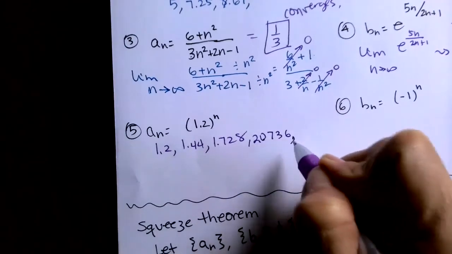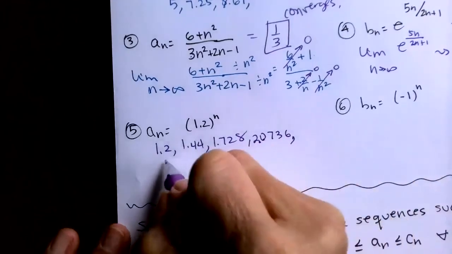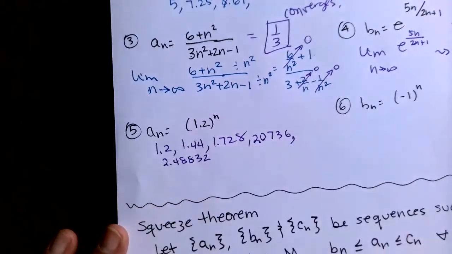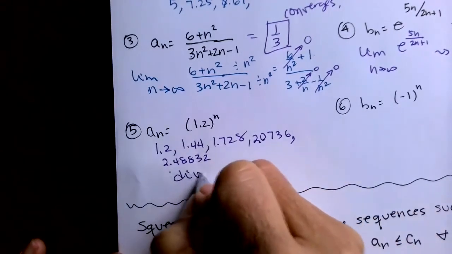2.0736. I'll do one more. 1.2 to the fifth. 2.48832. You know, they just keep getting bigger, and I don't see a large number that's going to bound them from above. So I think this is going to be, I know this is a divergent